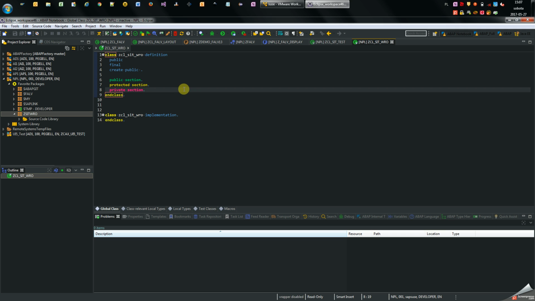So you do not use a form-based editor like in SE24 or SE80. You use a source-based editor. So if you are not familiar with the source-based editor in SE80, then probably your first problem will be to switch the way you are developing, because in Eclipse you do most of the stuff inside the code, not using the forms. So these pop-up screens, you can in some places use them, but in most cases you use the